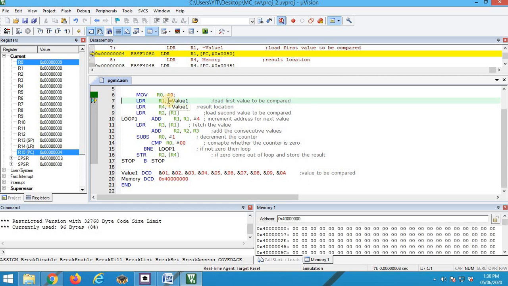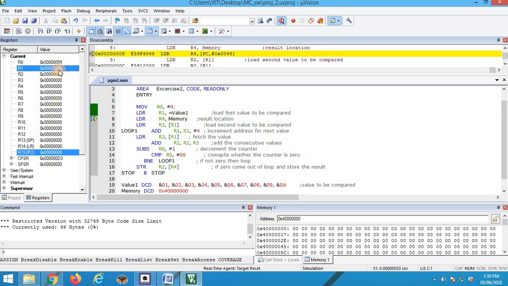So what are you loading? You are loading the starting address of this particular array, equal to value 1. Value 1 is nothing but the name of the array. The name of the array contains the address of the first element of the array, which is loaded into register R1. So R1 is nothing but this particular number.